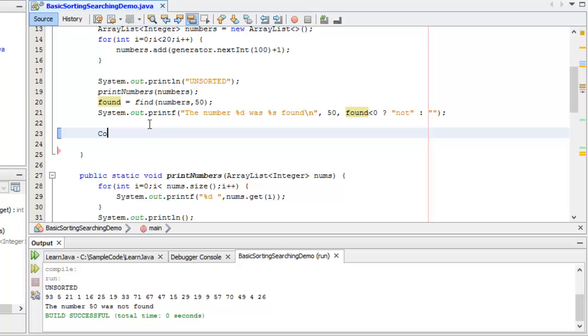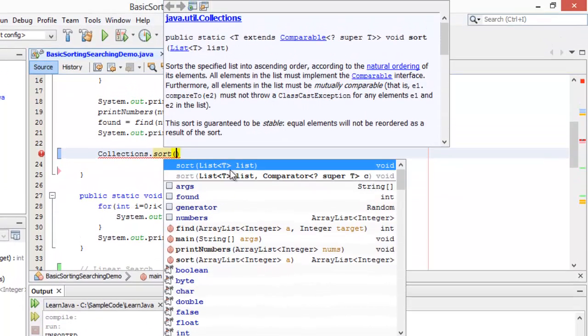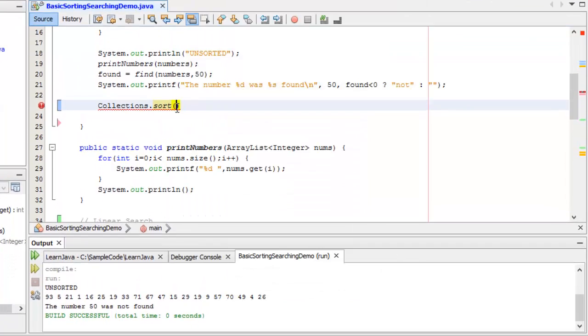So I'm going to say collections.sort. And if I bring up the Java docs on sort, you'll see that it takes two arguments. It takes the list of things you want to sort plus a comparator. So as I said before, if you want to use collections.sort or collections.binarySearch, you have to provide your own object of class comparator. What I want to do now is pass in my